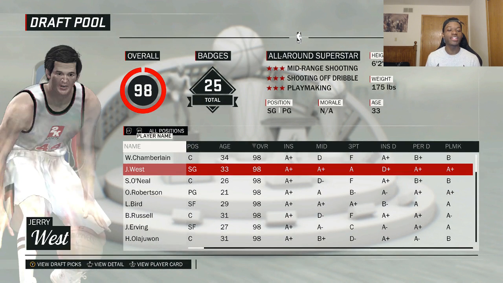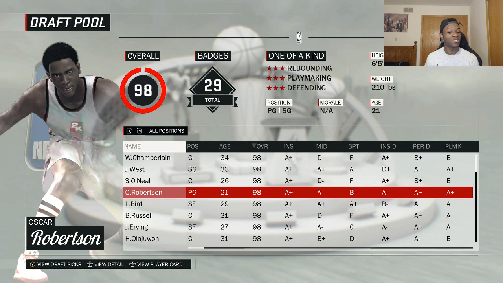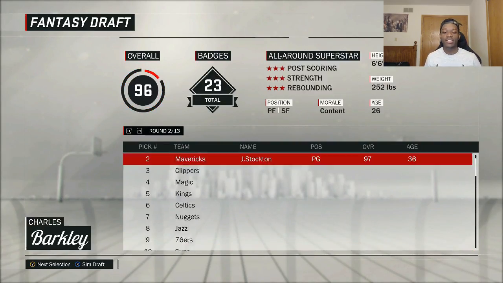We got Wilt Chamberlain, Jerry West, Shaquille O'Neal, a young Oscar Robertson, which is probably going to be the guy we pick. I do this every time we do a fantasy draft. I am not just picking the best player available. Like, if I pick Oscar Robertson right now, there's going to be somebody in the comment section saying, well, you should have picked Shaq. Just relax, buddy. Relax, enjoy the video. No matter what, we're going to be making trades anyway, so it doesn't really matter. I'm going to go with the Big O, Oscar Robertson, 98 overall, and we'll see what we get next round,